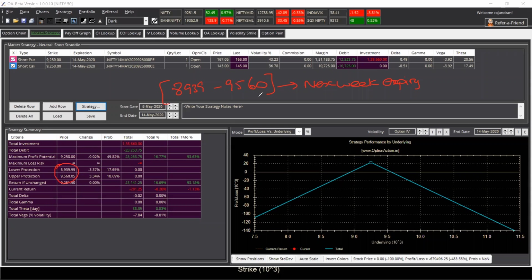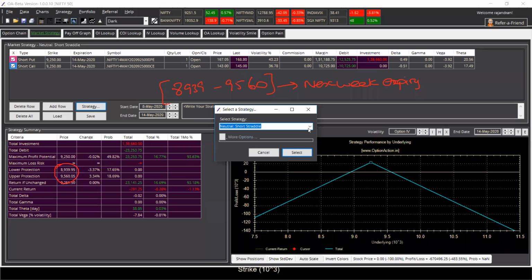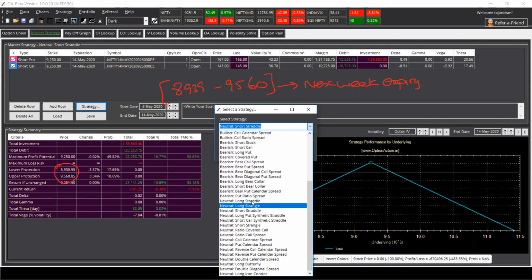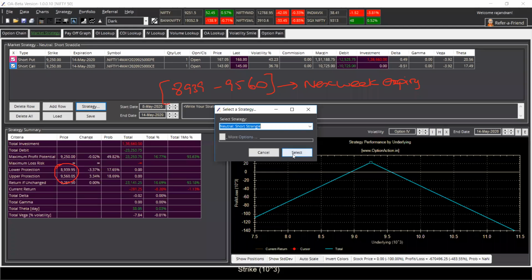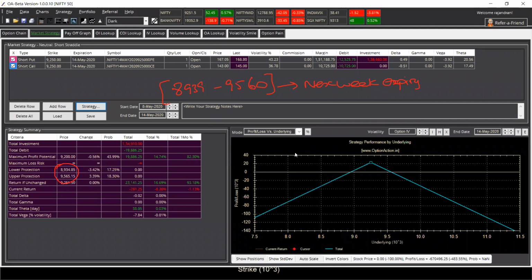But if you look at the monthly strangles, monthly I prefer to use strangles because volatility is still slightly higher. So monthly I'll go for a short strangle instead of a short straddle, where different strike prices will be selected. The 9,200 put is written and the 9,300 call is also sold. So you will be getting a range. So the range is like, if you see the range